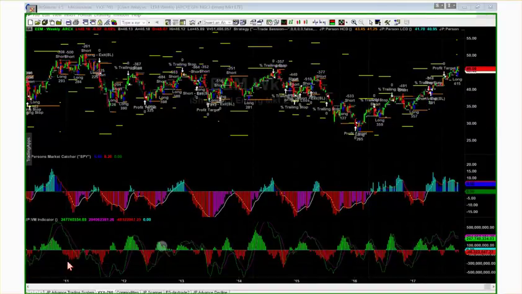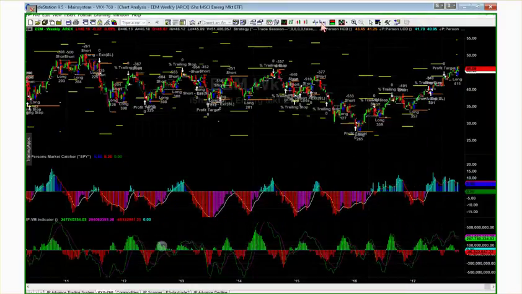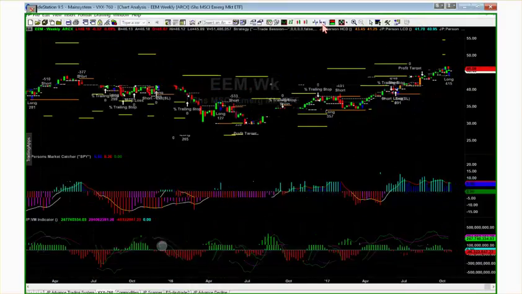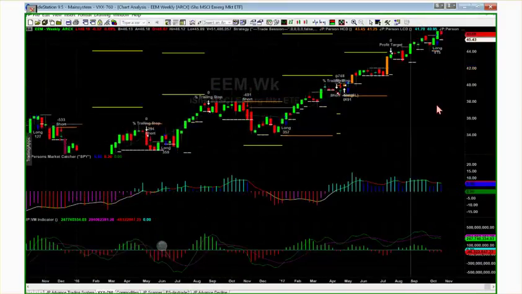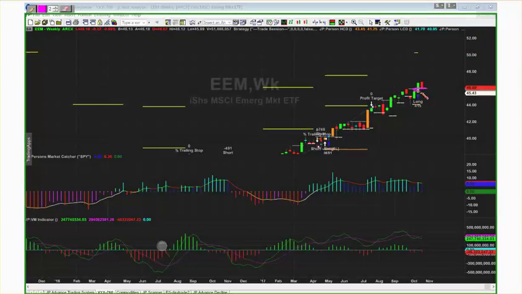I bring this to your attention because the performance graph shows that choppiness. It's not a very fluid market. It's an ETF nonetheless, right? But it still showed some upside, and it just hit a new equity high, by the way, in its performance. What I'm sharing with you is that if this product, which has been long, and the market, as you can see, is long right now, starts to reverse and starts to generate